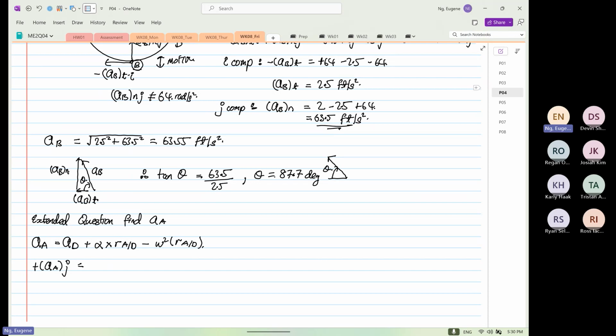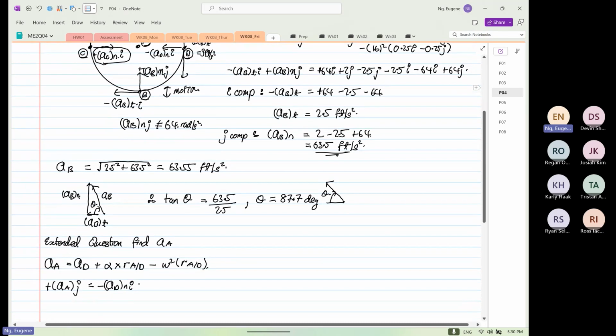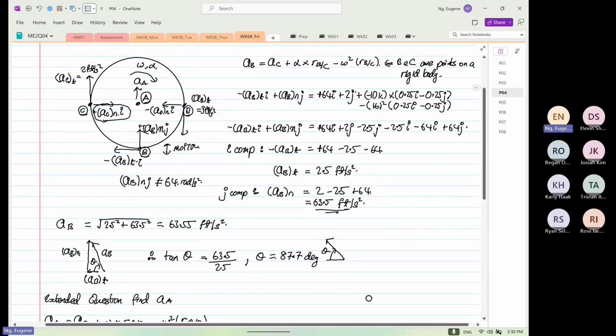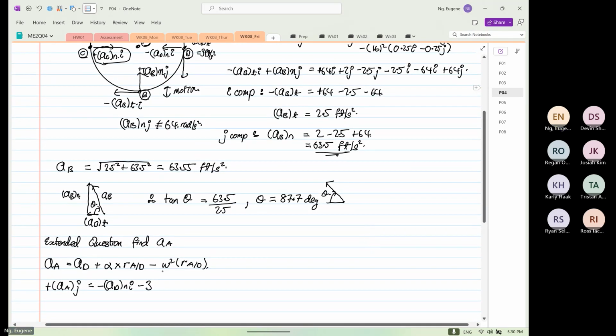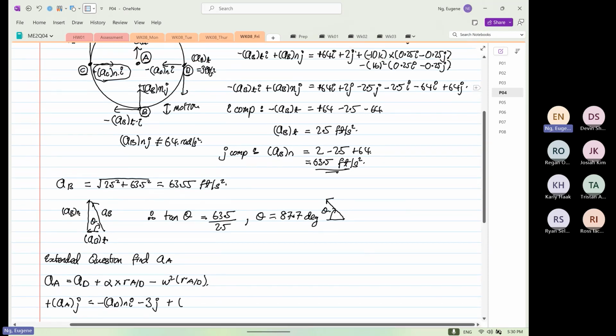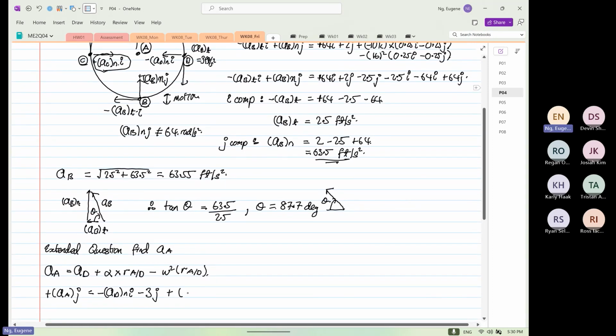So this will be equal to A_D, which is minus 3 J, right? A_D is 3, it's going towards the right, so minus 3 J. Plus alpha, we have determined our alpha. What is our alpha? 10. So minus 10 K